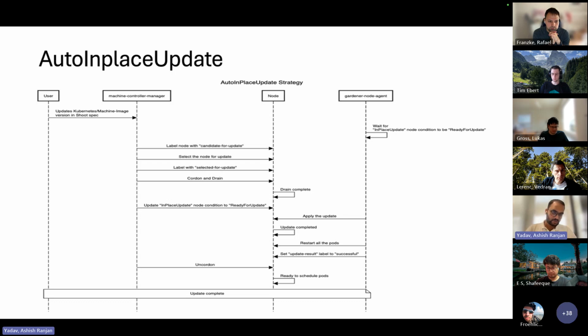So in case of auto in-place update, once the user makes the changes, the machine controller manager will go ahead and label all the nodes under their worker pools with the candidate for update label. Once that is done, it will select nodes for update. It will label them with selected for update, and all the nodes with the selected for update label will be cordoned and drained by MCM. Once the drain is complete, it will mark that node ready to update by updating the in-place node condition